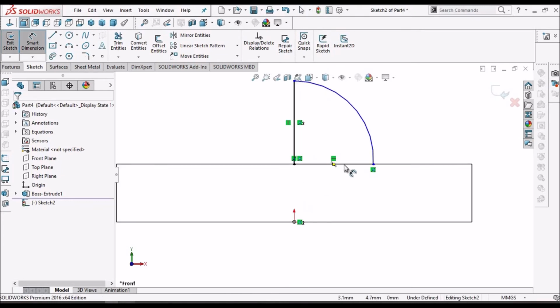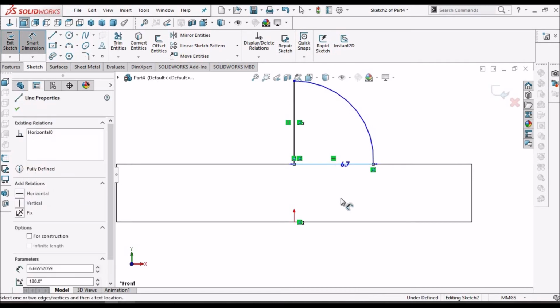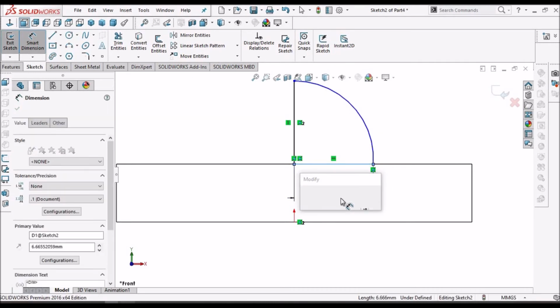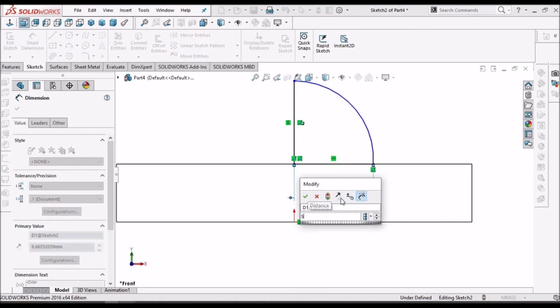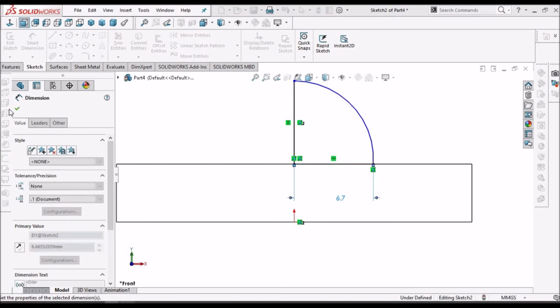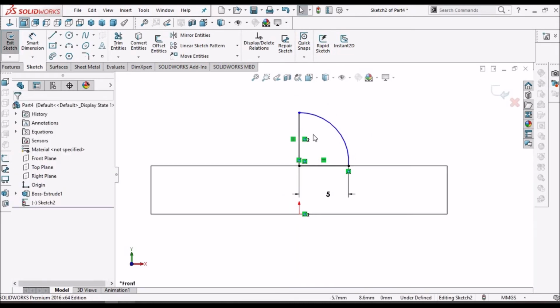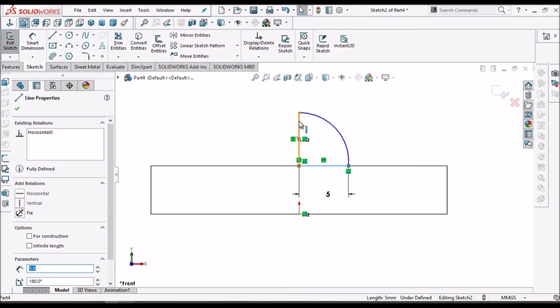So it is exactly at the center, and we can give, I can say 5 mm. And I can make this equal.